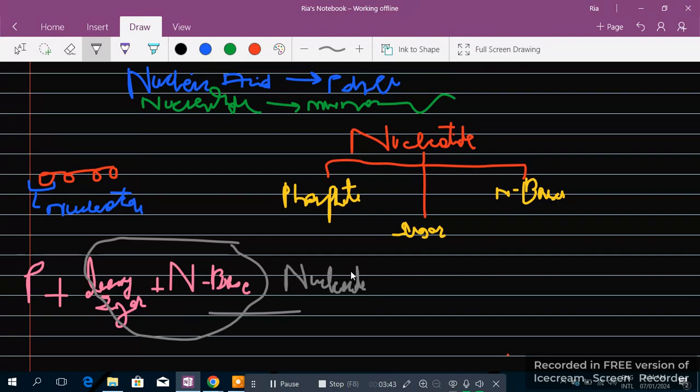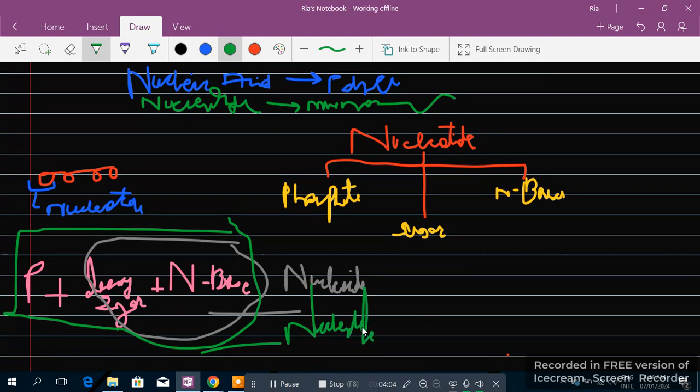This is a very important concept so that you don't get confused. Then any structure where you see these three together would be known as nucleotide. So I'm sure you've gotten this. So now if I just ask you a few questions